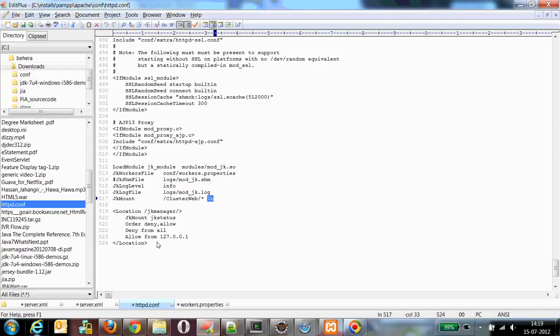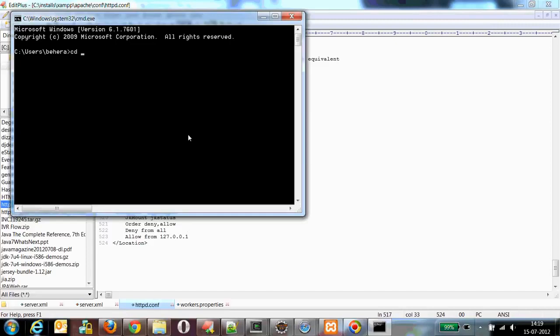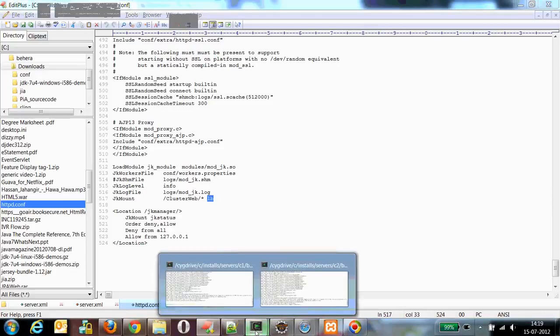First of all, we verify whether our installation is fine or not. To do that, you go to the Apache installation folder. To check whether the Apache configuration is correct or not, there is a syntax called httpd -t. You put it, and it will just validate your configuration. It says Syntax OK. That means our installation is proper. So just exit this window. Since we have modified the server.xml of our corresponding Tomcat servers,